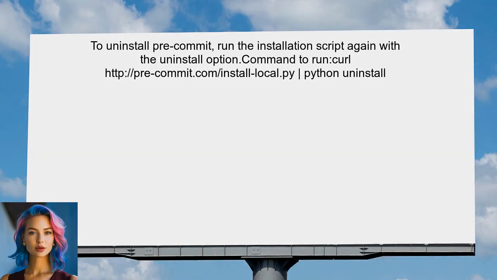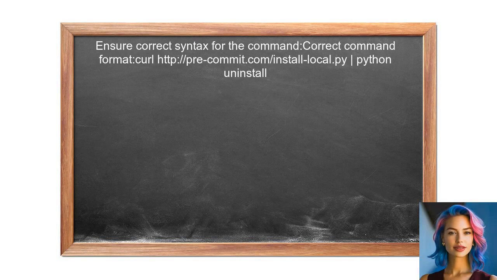To uninstall pre-commit, the user needs to run the installation script again, but this time with the uninstall option. This is done by passing the word uninstall to Python. The user should ensure that they are using the correct syntax. The command should look like this: curl followed by the URL, then the pipe symbol, and finally Python with the